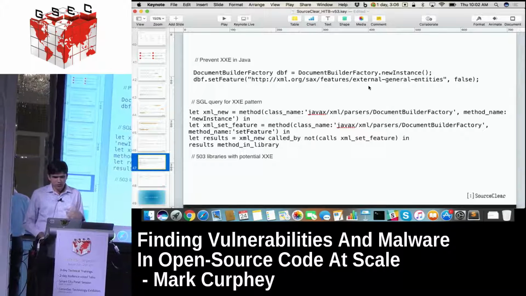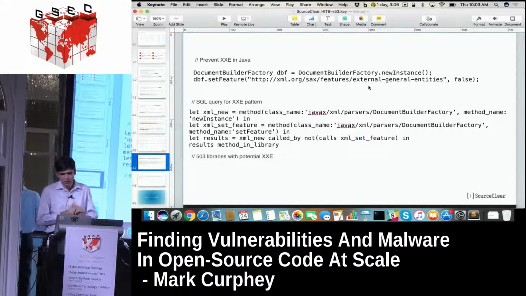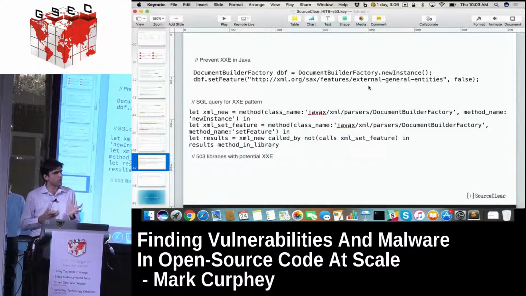So if you've used XML parsers in Java, if you're not careful, you may run into XXE attacks. One of the things you do to prevent this is you may set a feature and disable external entities. So this is how this piece of code would look, right? And it's almost very easy to convert it into a query which will look for an absence of this kind